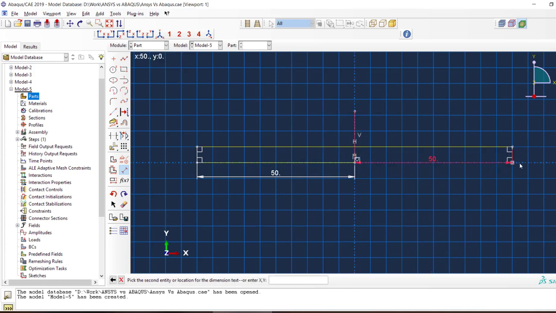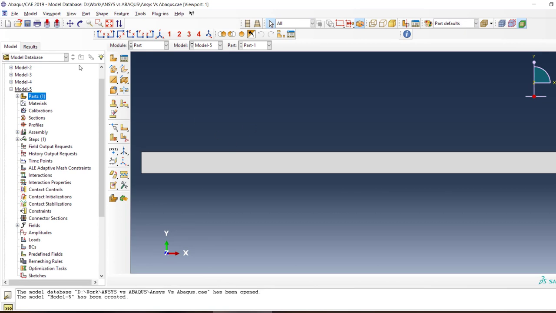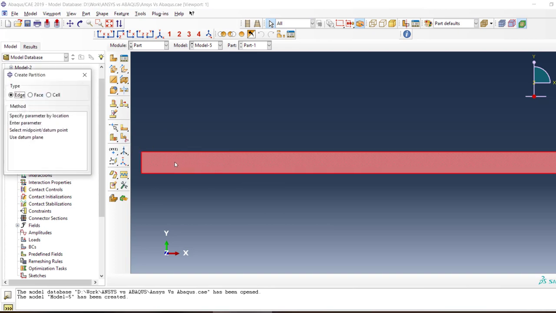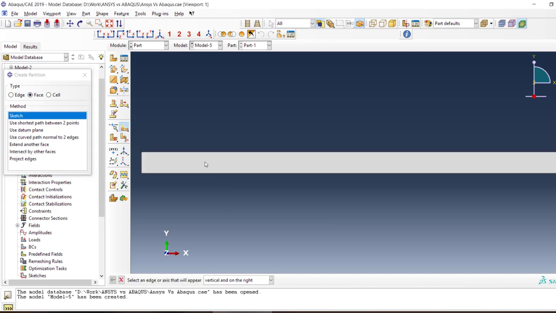And as you see, this one was about center, so the other side is already 50, and now I can hit escape and then convert it to construction, and I can do that by clicking this and done, and now I have a plain thing. But the important thing is that I still have to create a partition, and then we create it by using a sketch and